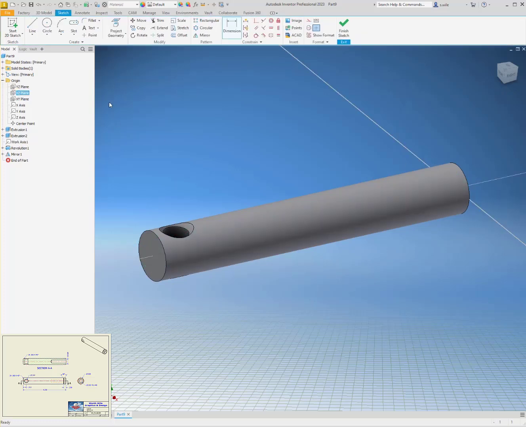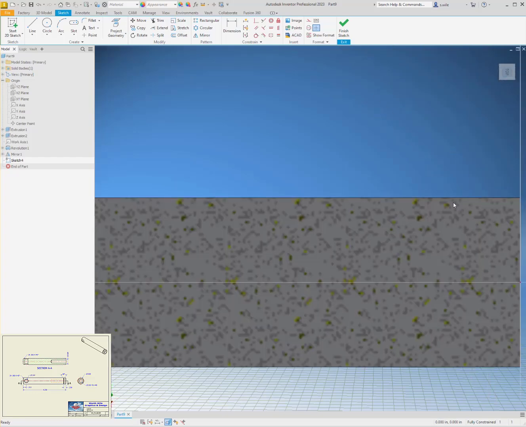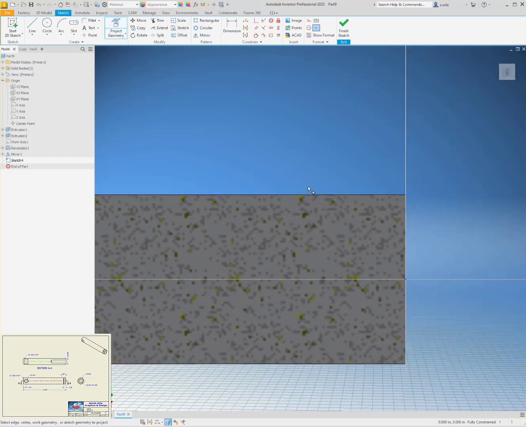So we'll get another sketch through the center, slice my graphics, and we're going to draw, I'll project this top edge, and then draw a triangle. Put an equals between them. And then dimension it. And I tell you what, I'm going to project this axis. Yeah, because I need it. I need this for my